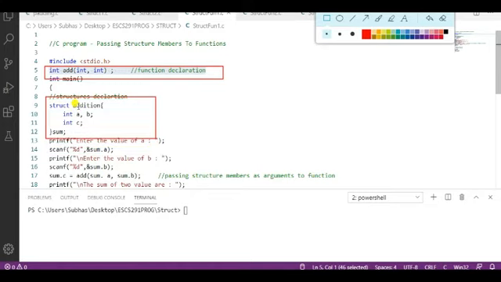And this is my structure. The name of the structure is addition. It takes int a, b, so two integer variables a and b, and another integer variable, c. Why I am using another integer variable, I will show later. Right now the name of the structure variable is sum. Then a semicolon. This is my structure.